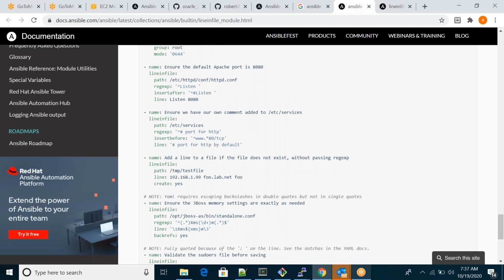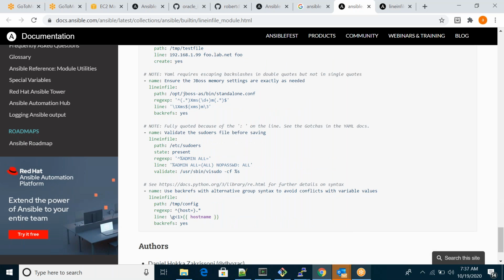Can we have any one installation, like Oracle or SQL, as an example for a practical lab? Oracle or SQL, okay, sure. Right now I don't have that playbook. For the next class, I will prepare the playbook and show you.